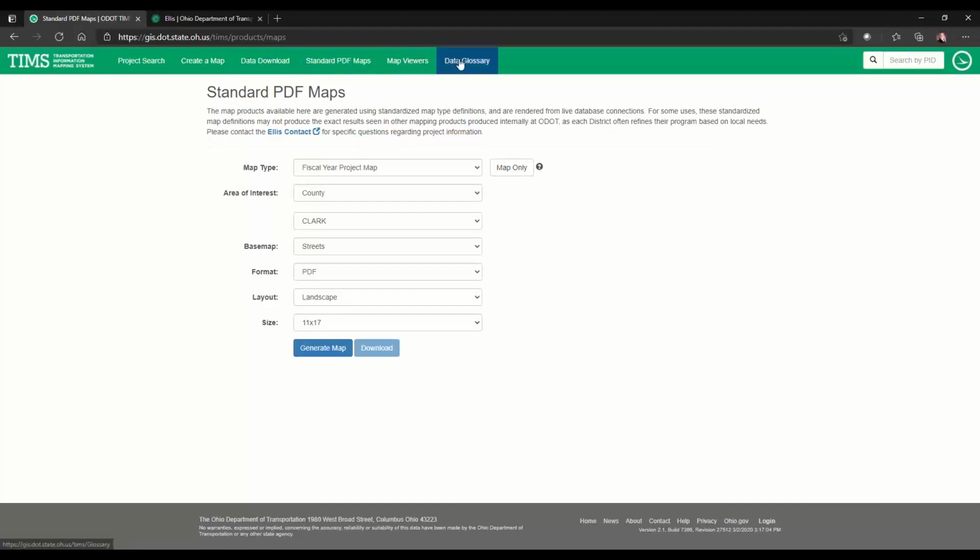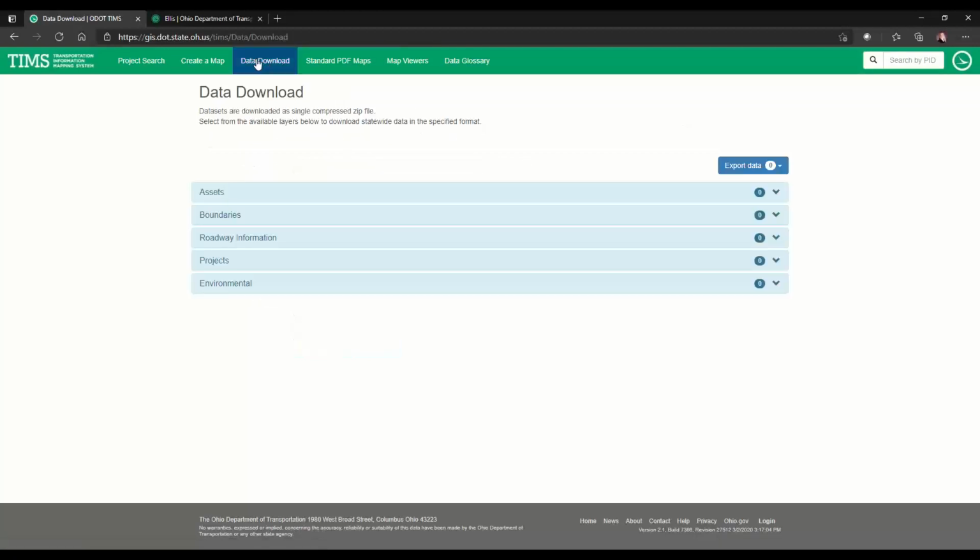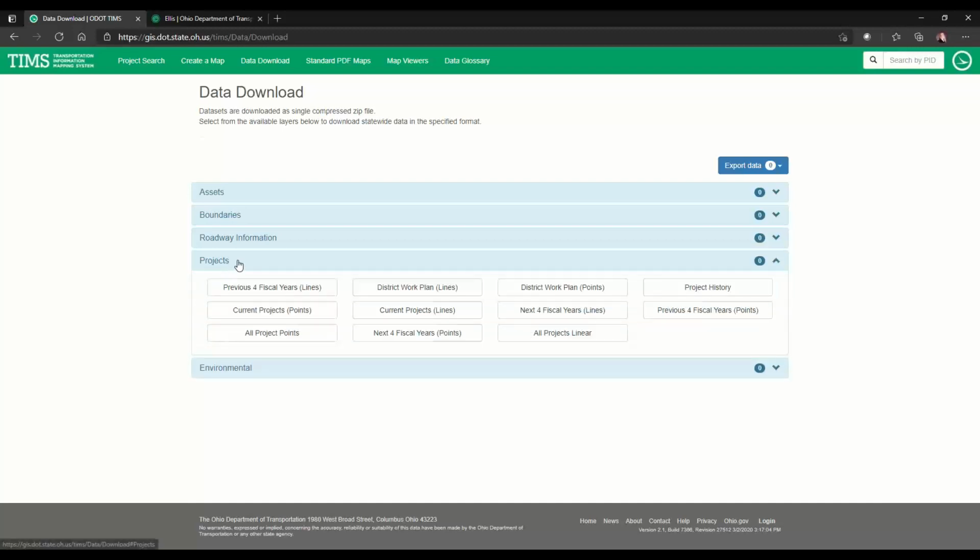Okay, so we already looked at the glossary and standard PDF maps. I can't remember if I touched on the data download page. Here is where you can download a full data set, and then you can load that into your own GIS system or database processing system to do your own analysis. So all of the layers that you can choose from the Create a Map layers list should also be available here on this page. Some of the layers that we only show in the custom map viewers might not be available here, but